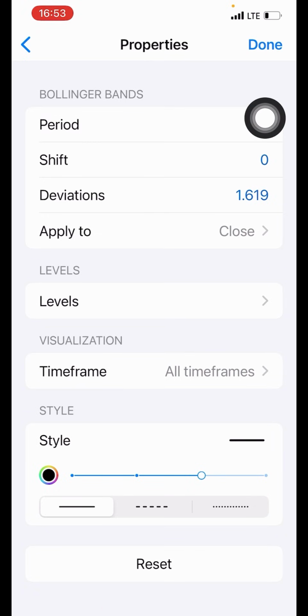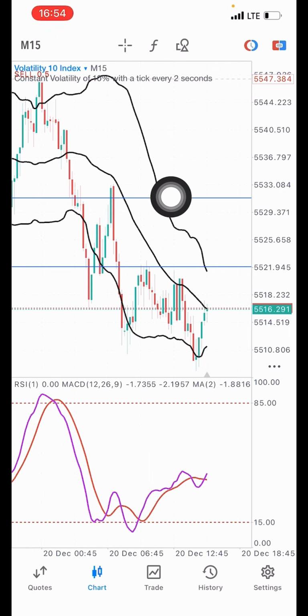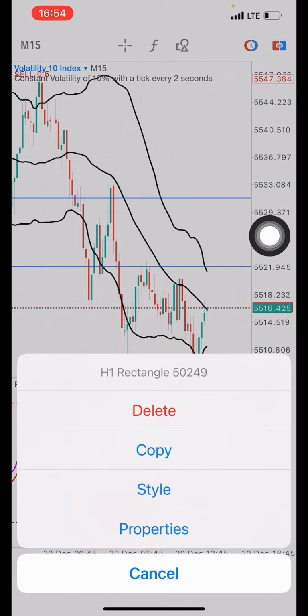The period is 34, shift is 0, deviation is 1.619. Apply to close. The level, you leave it as it is. Time frame is all time frames. The style, you make it color black, 3 pixel. You click on done. You are going to have these 3 lines here on your main chart. And next we